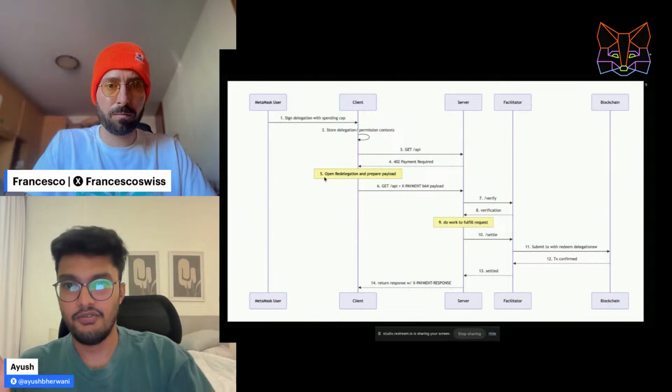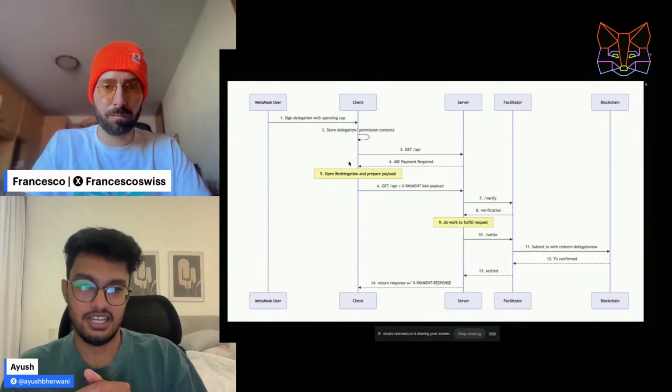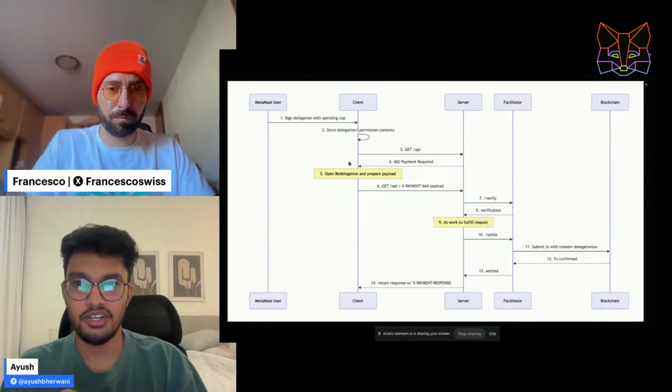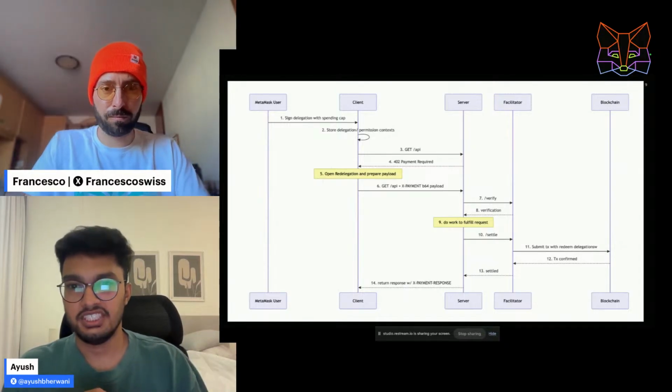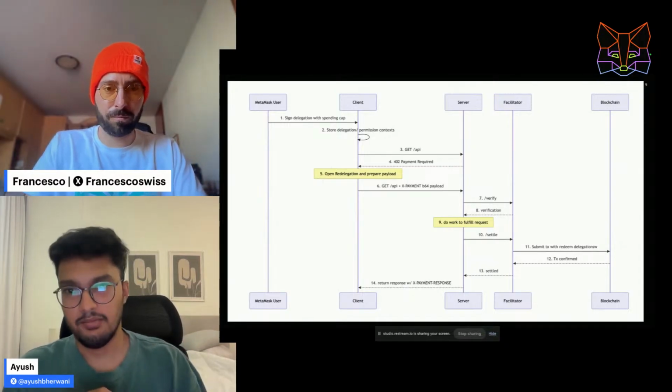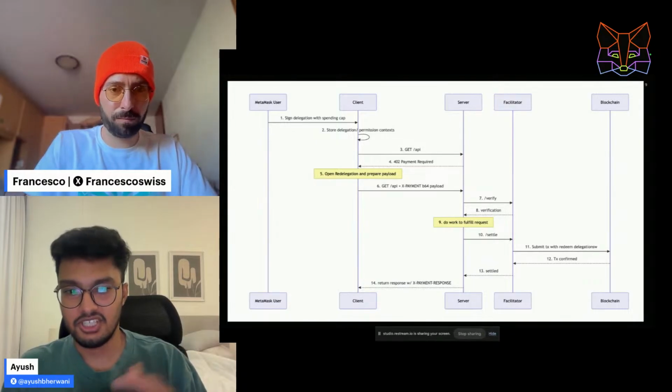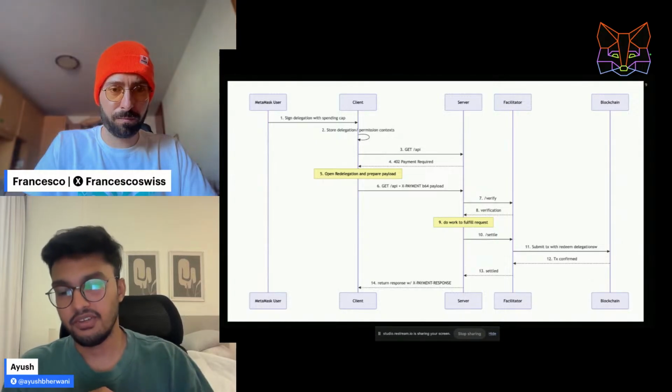And now if you see, if I have given $10 permission here, until my $10 is exhausted, I don't need to worry about signing transactions every time. The client can use those permissions and redelegate n number of times. So if the charge is 0.1, the client can do up to 100 x402 calls without me having to interfere in between.